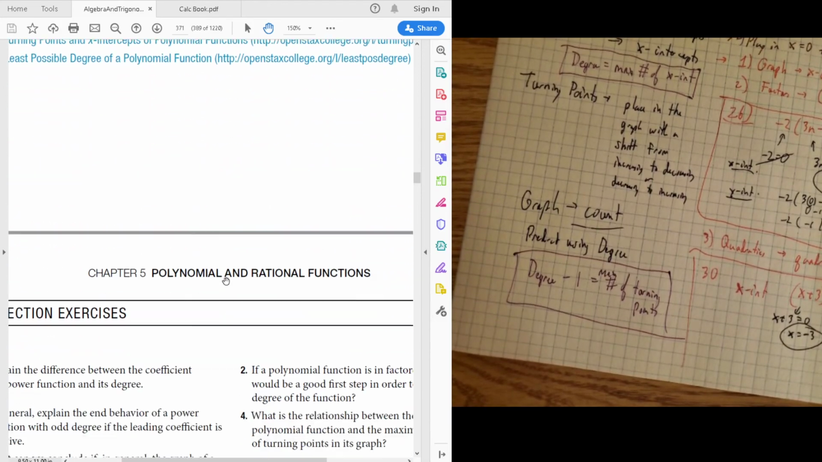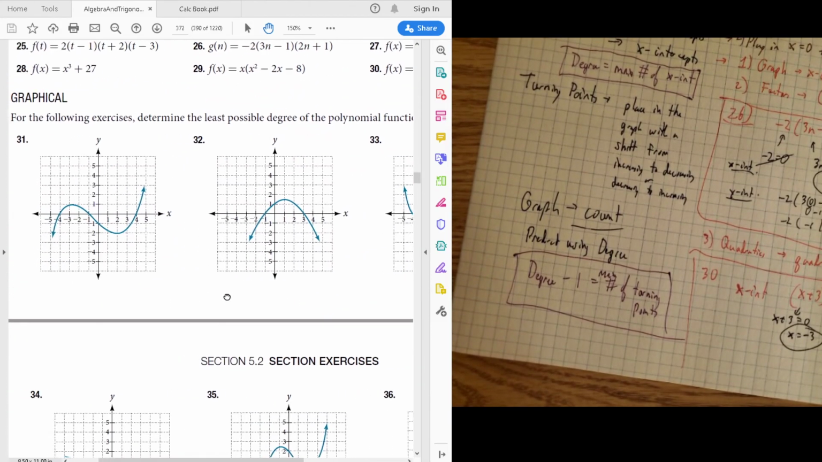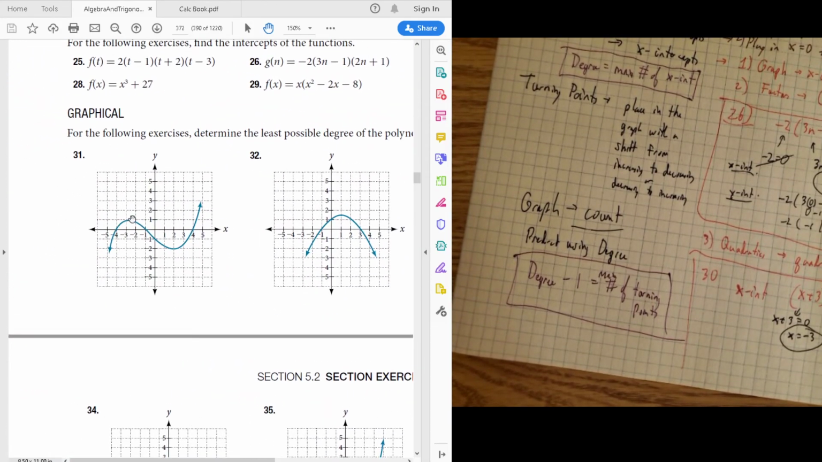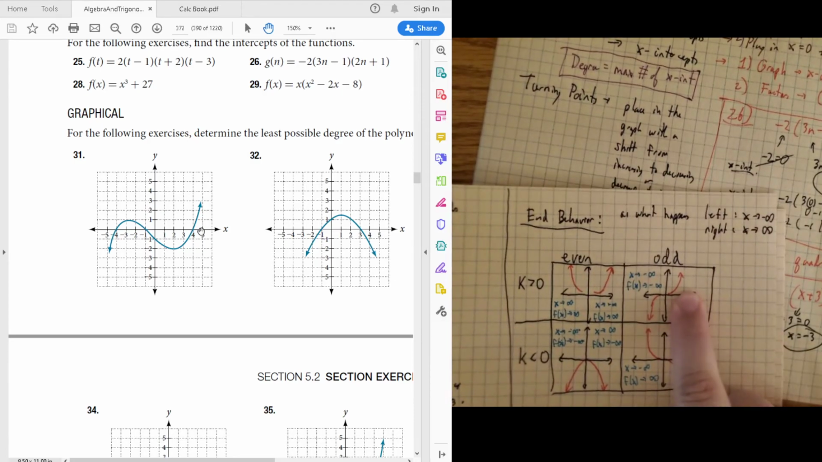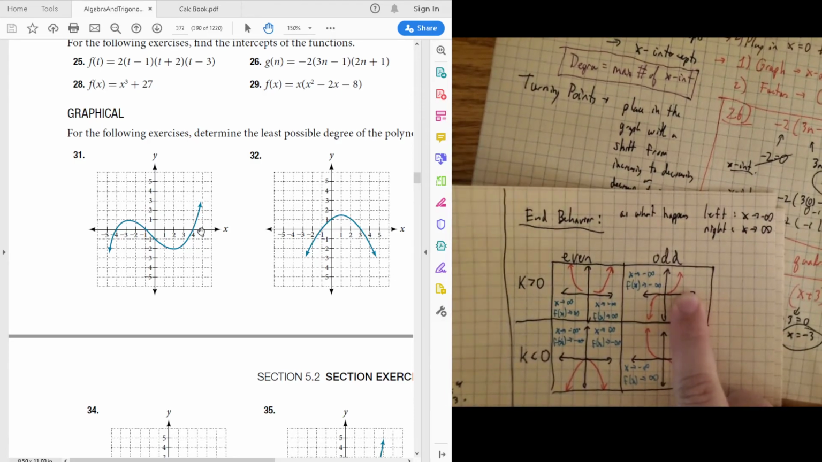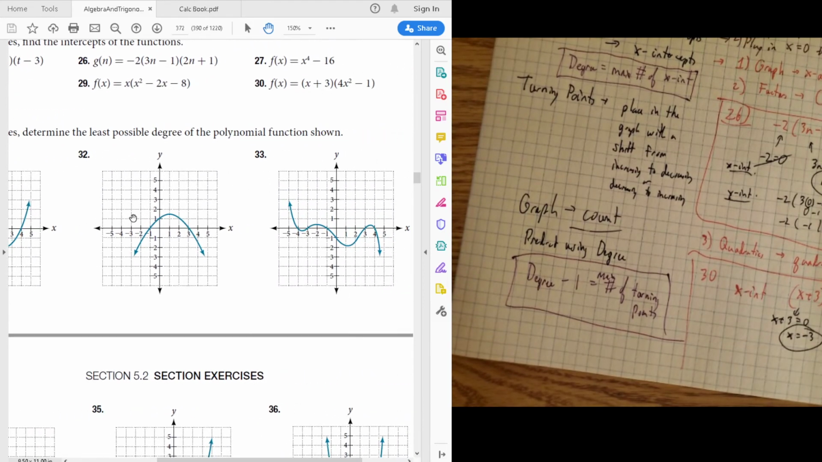You can do this with any graph. That's a polynomial graph. So let's look here. It has 1, 2, 3 x-intercepts, 2 turning points. It follows this behavior. The behavior tells me it's going to be odd. 3 x-intercepts tells me 3 is a good answer. So it makes sense. Over here, for 32, I have 2 x-intercepts, and